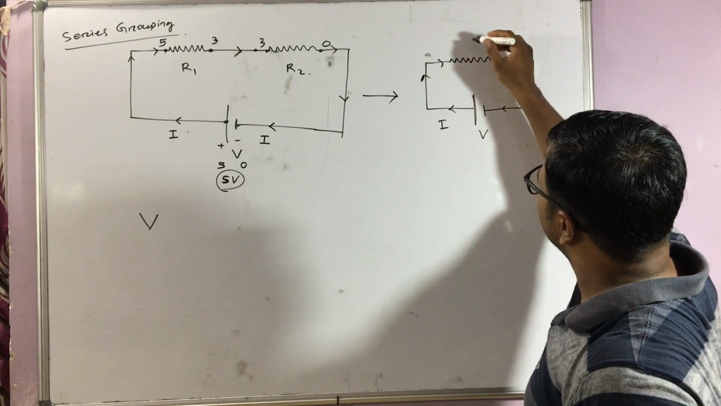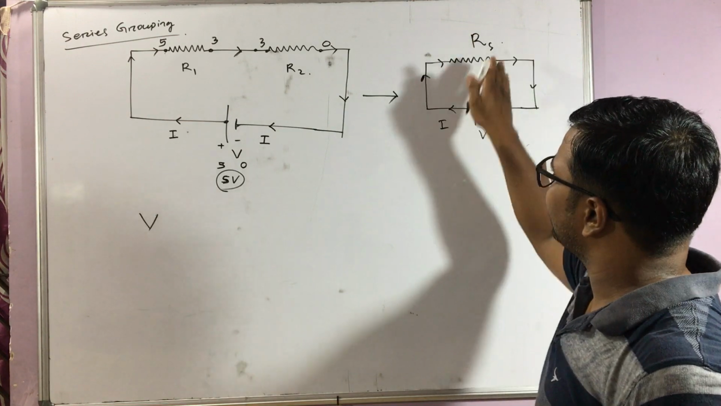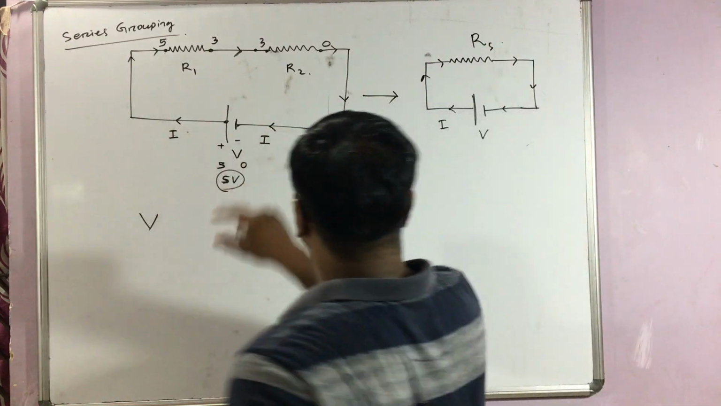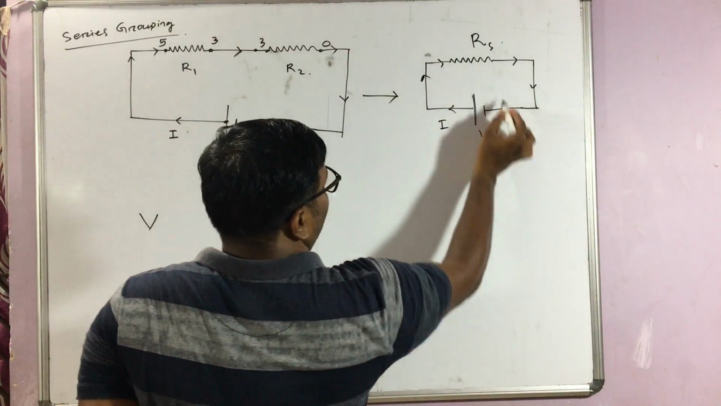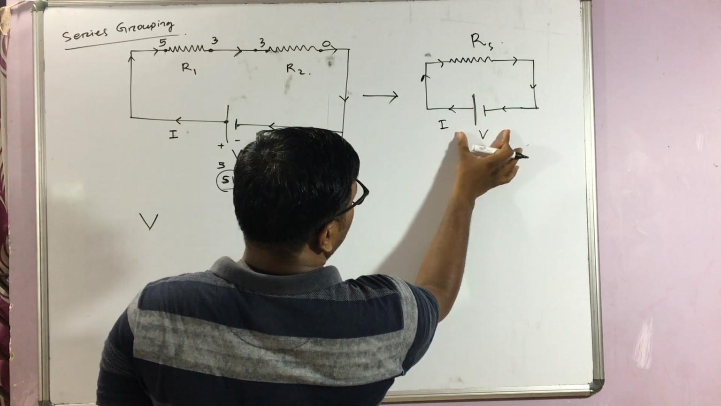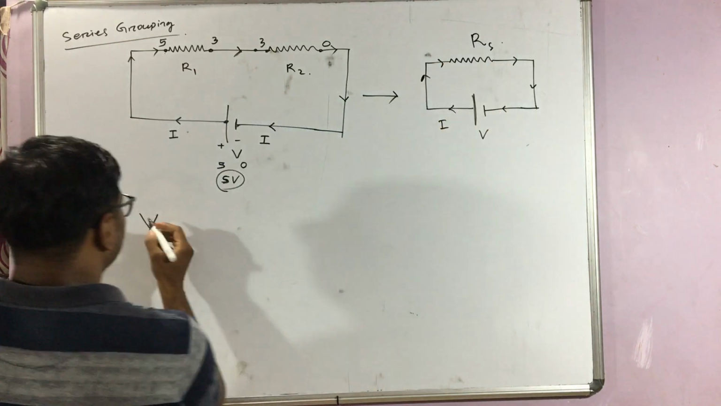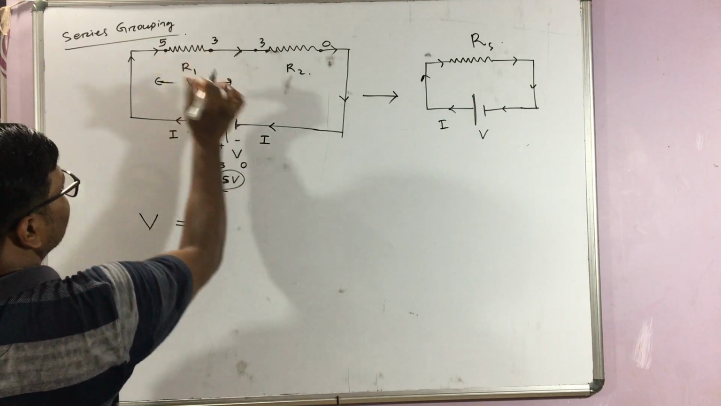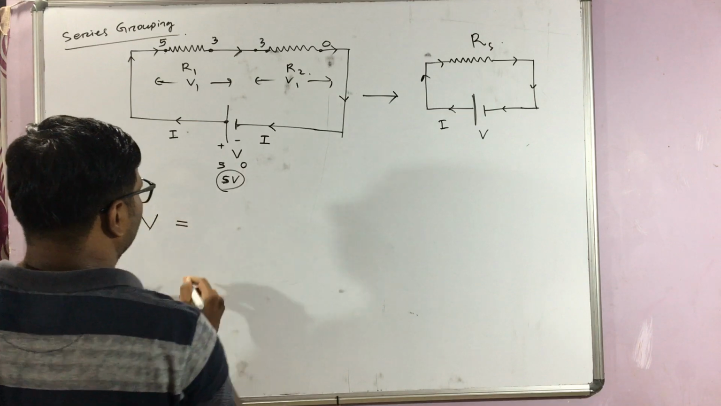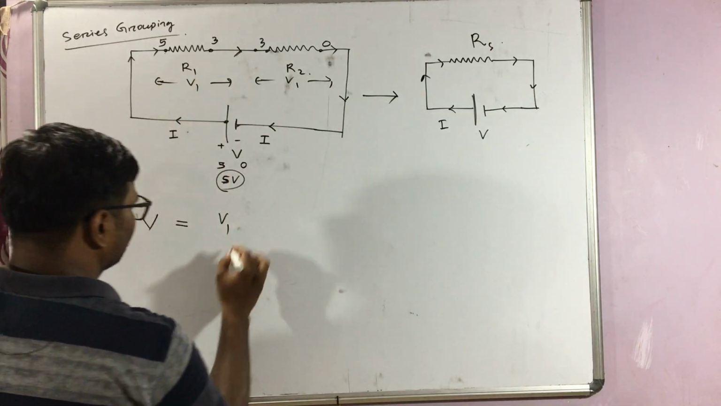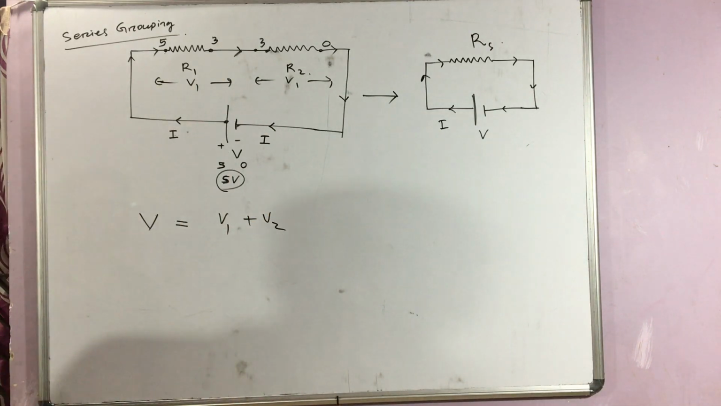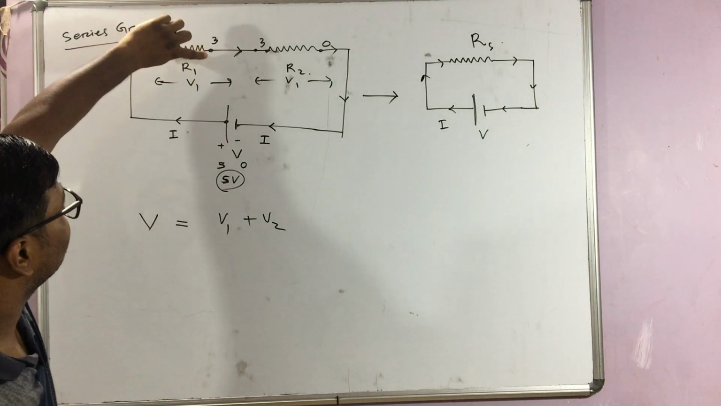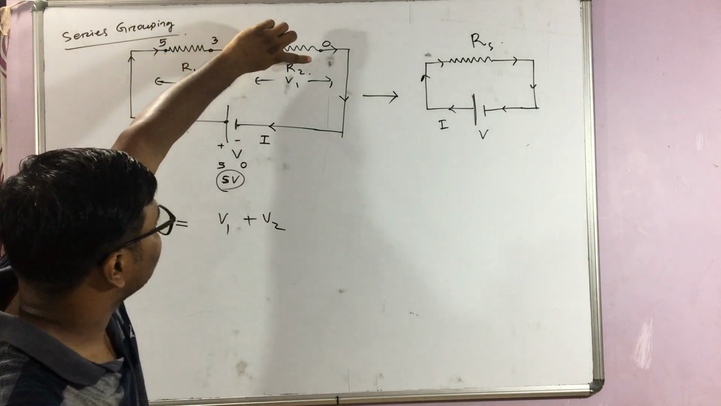The same battery in this case also sends I amount of current to the circuit. And here you see, if the resistance is Rs, then I can say Rs is the equivalent resistance of R1 and R2. So in this case, as this resistance is connected directly across the battery, the total battery voltage, you take it to be V, which is nothing but the potential drop across resistance 1 and resistance 2. So it will be V1 plus V2. V1 is the potential difference across the resistance R1,